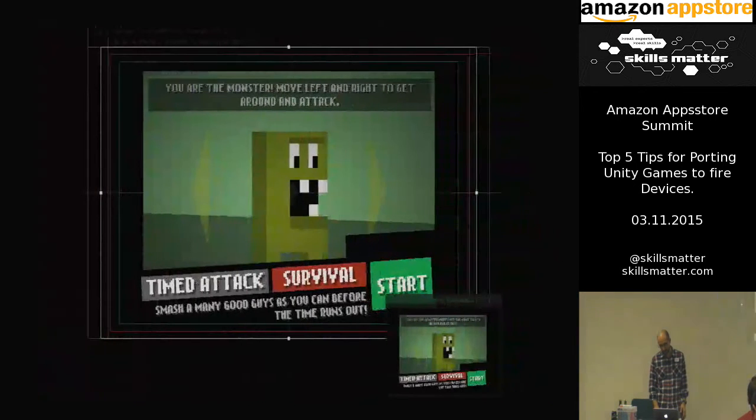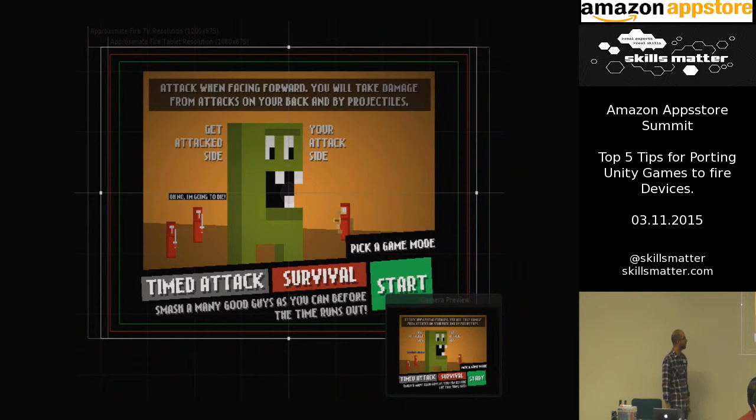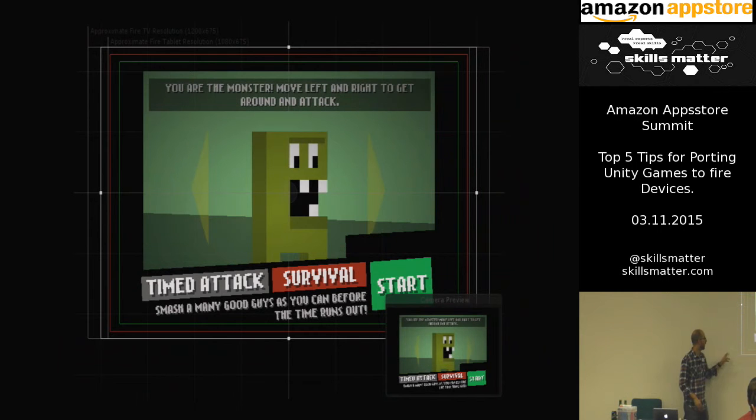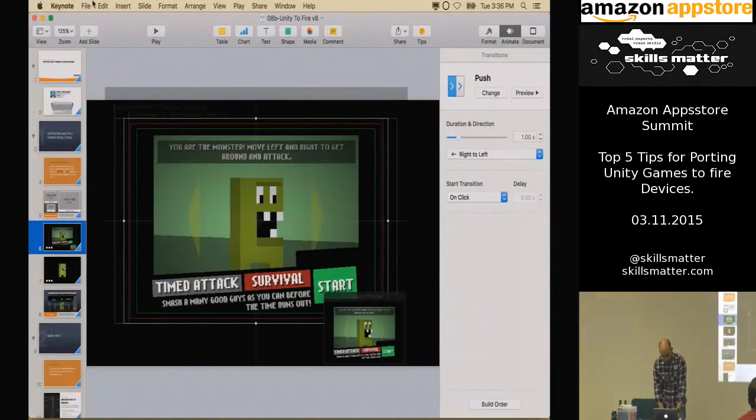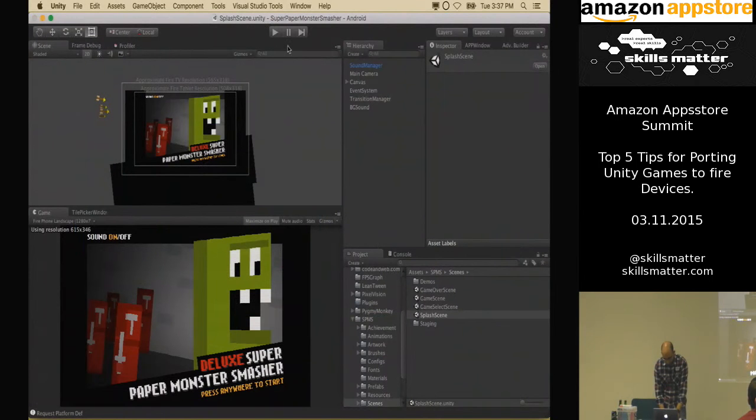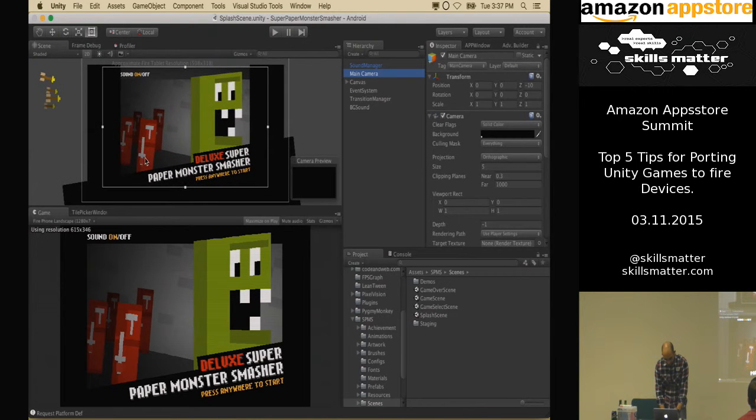Again, I was talking about this earlier. This is probably the most important thing. This is another reason why I like Unity, if you're coming from the last talk: I wrote this tool myself to just display these guides in the scene. If I go back into Unity, I think it's if you select the main camera. It's going to be hard to see,